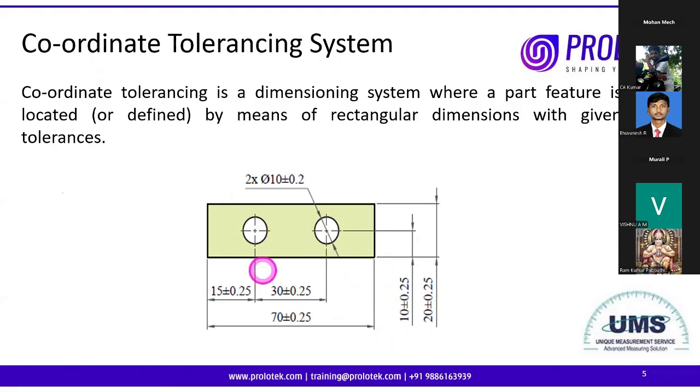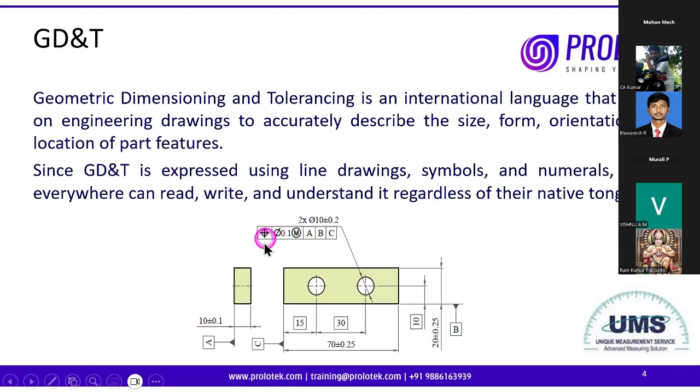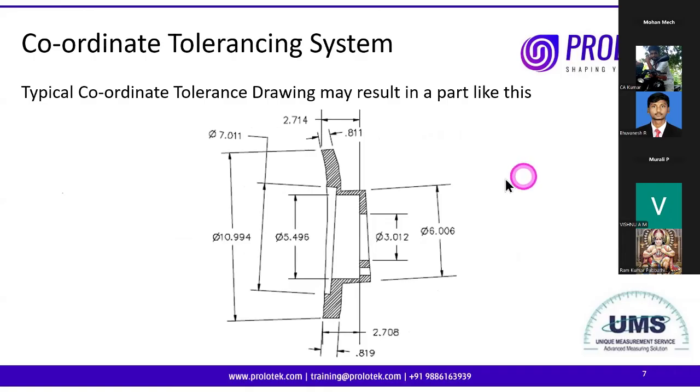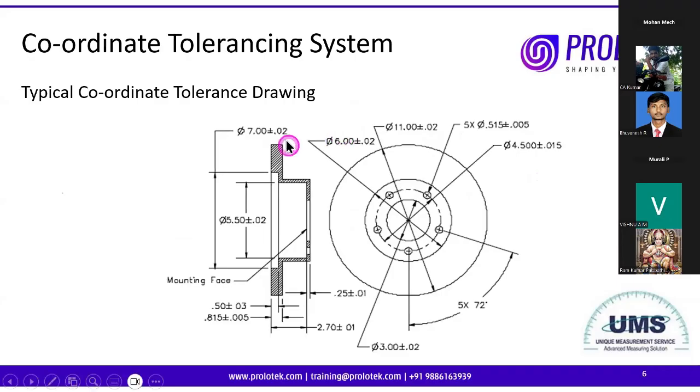So if we want to control the shape, in addition to this, we have to add a few more requirements in the form of GD&T symbols. Here is one such example of a flange with all the dimensions having plus or minus tolerance. If I give this to the fabricator, he may produce a part like this and give it to the inspector. The inspector will inspect each of those dimensions. These are the measured values. He will compare these measured values with the drawing specification.